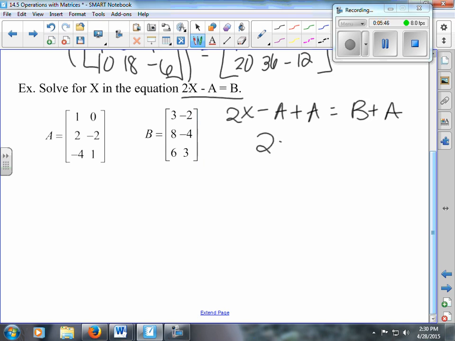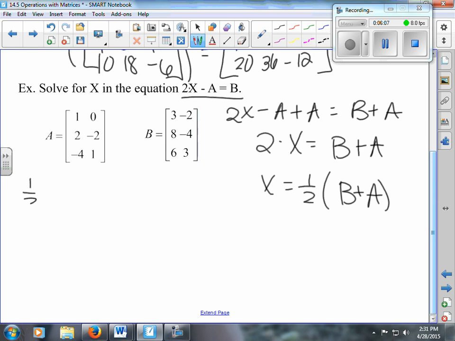And so I get 2 times matrix X equals matrix B plus A. And to get the X matrix, I would have to divide by 2 next. So 1/2 times matrix B plus matrix A. And so what I've done is I've solved the equation first in matrices. And now to get the matrix they're looking for, I just have to simply take 1/2 times matrix B plus